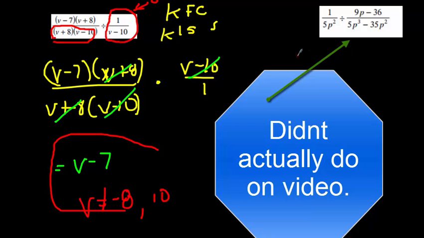All right, so in this case, try to pause this, see if you can actually figure